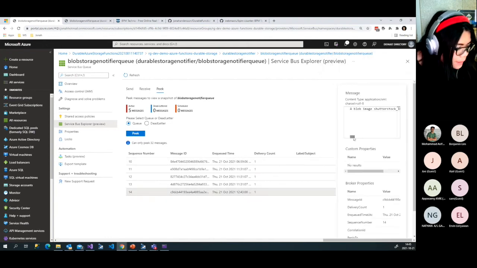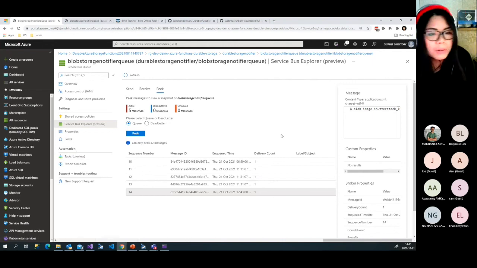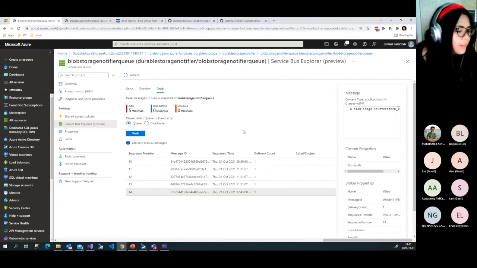So here was the queue message that I also received, and it stays there in my queue until I process it later on. I plan to create another app, maybe as Azure Static Web Apps, to process those images and show them as a gallery. But I need to compress them first to save some memory.